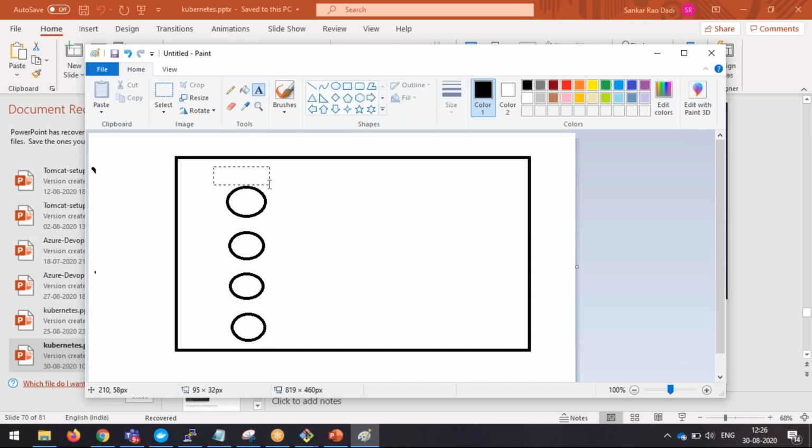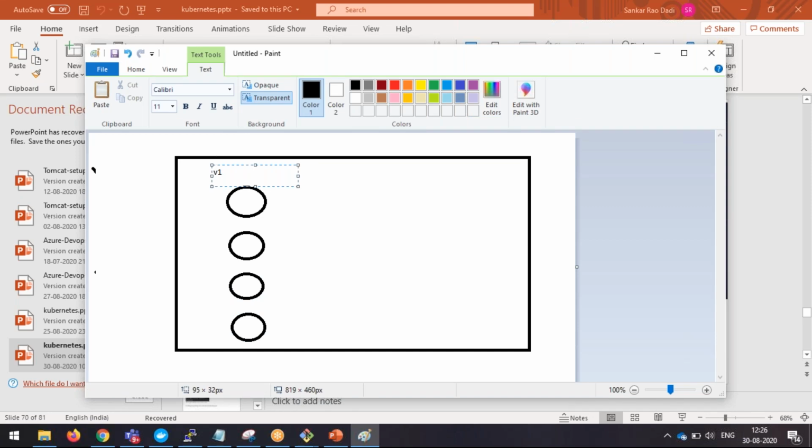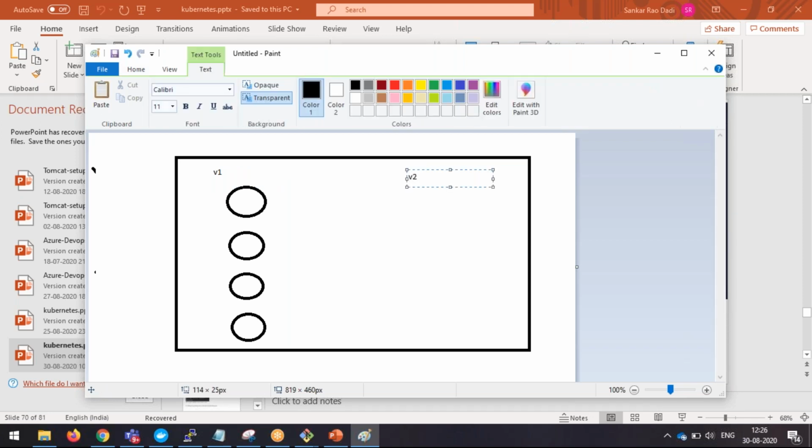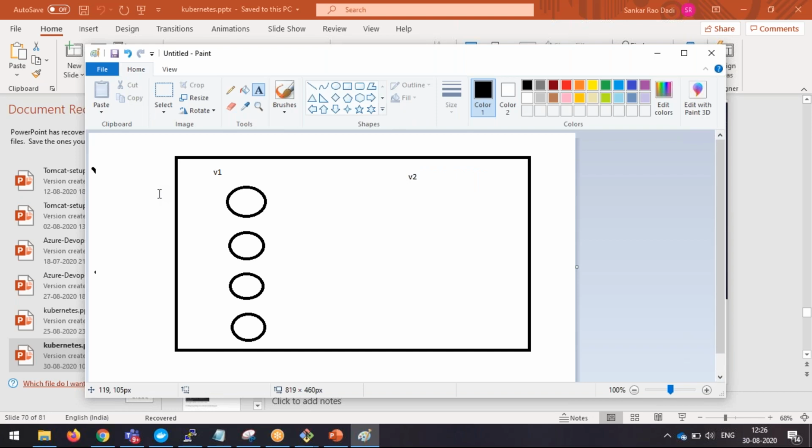These are all version 1. Okay. So now here I want to deploy the version 2, the new version. Now, if you observe in the previous stages,